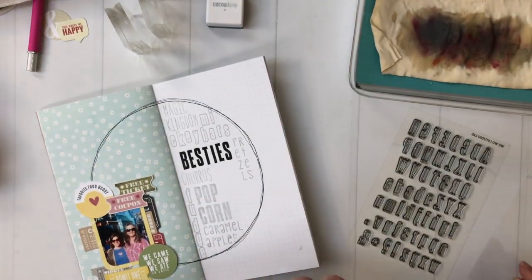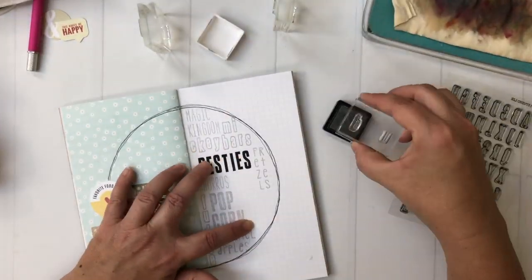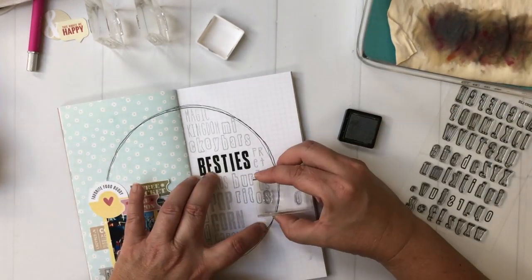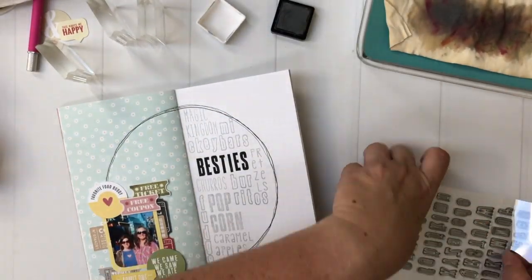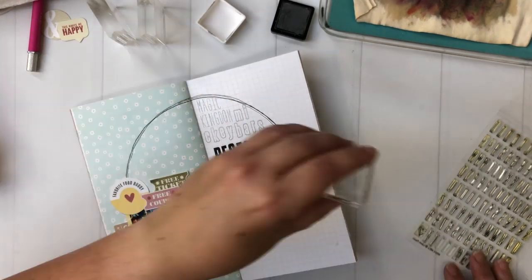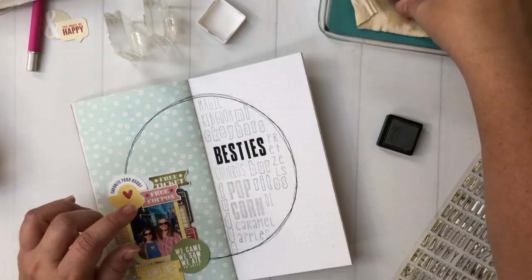I got to the end and I had this weird white space left over. It took me a little bit to figure out how I was going to do this, but it ended up going pretty well. I've got one small little space there, and I am going to use the tiniest alpha and put Disney World in that last little space. And where did I go? Oh, there I am. So I'm getting ready to put in the last bit of stamping,